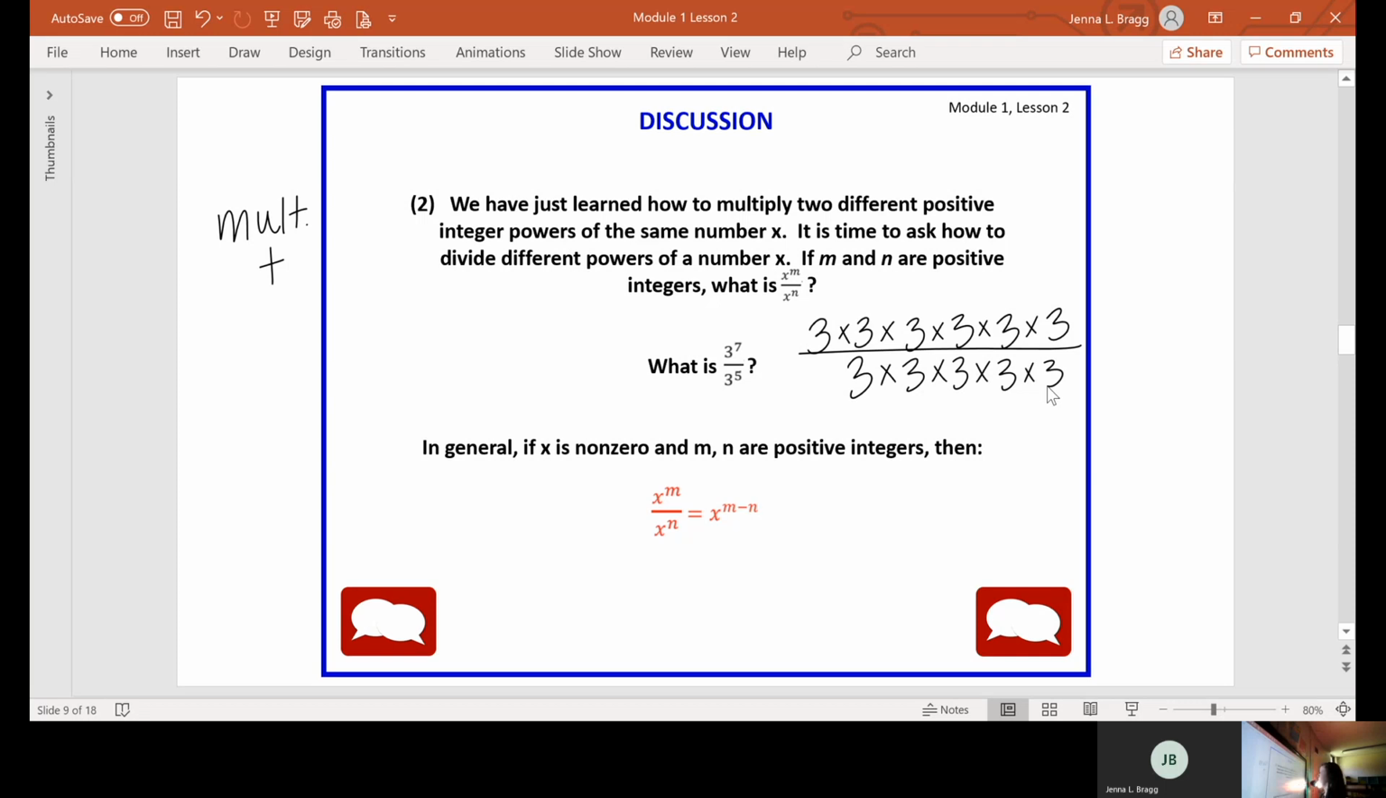You learned, I can't even remember what grade, that a number divided by itself makes 1. So 3 divided by 3 makes 1, or you've learned that they cancel each other out. So I can cancel out those 3's. What I'm left with are two 3's. So the answer to 3 to the 7th divided by 3 to the 5th is 3 to the